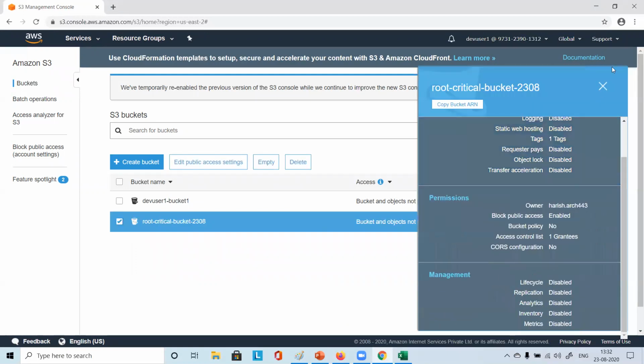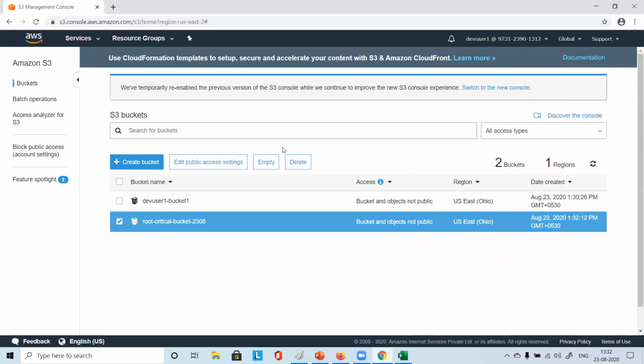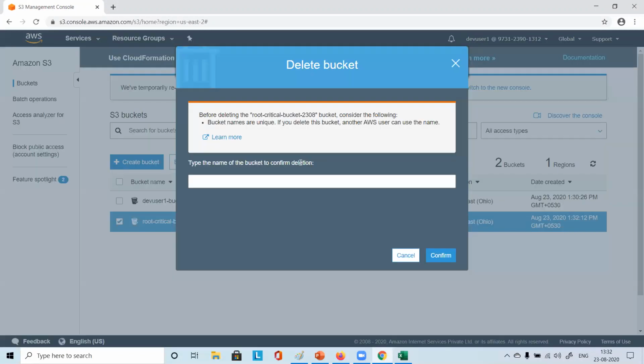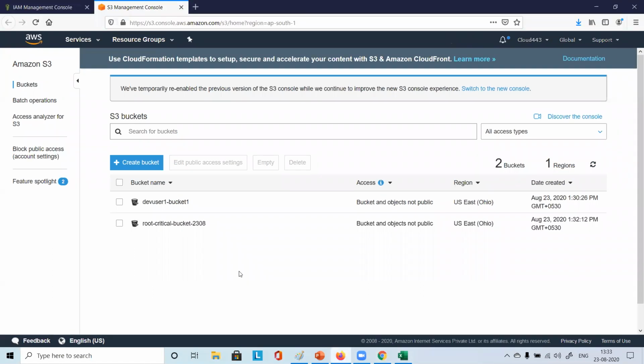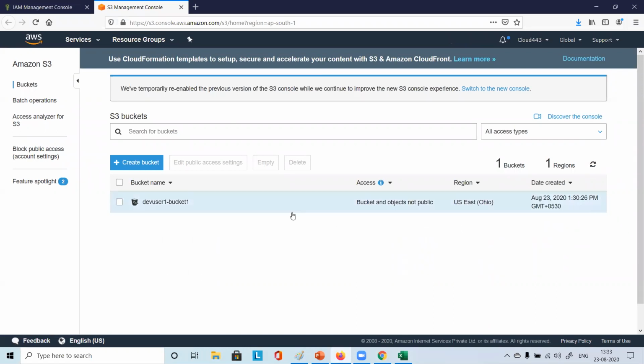So he will just tick mark it, and then he says delete. He types root critical bucket or something. Then he simply deletes that. Done. So as root, you have created a bucket and suddenly you saw that it's not there. Gone. As root, I can see it's not there.